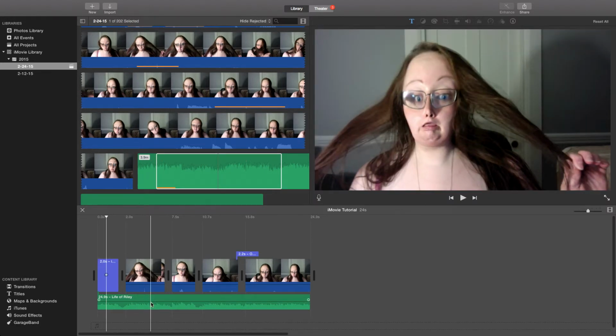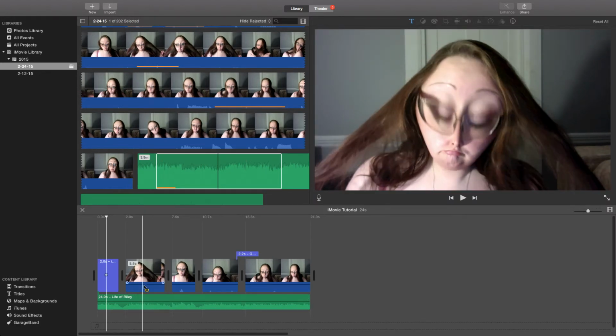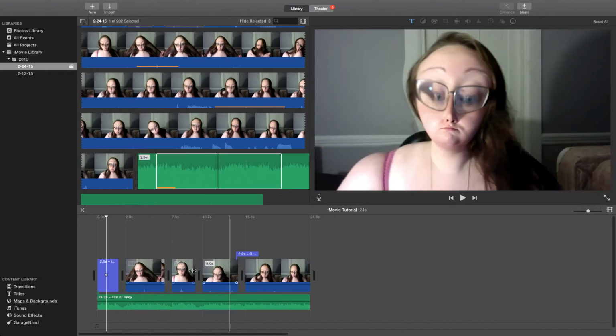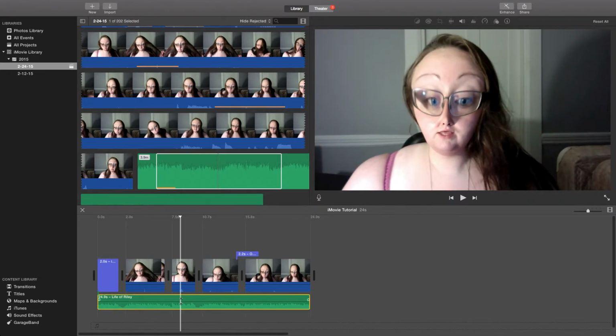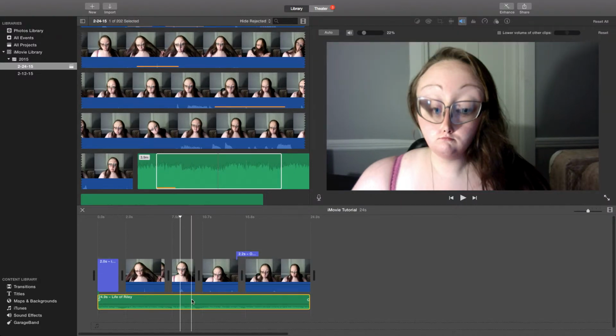If you need to adjust the volume of this so that it does not overpower the normal volume of your normal clips, you just click on this and you can adjust it right by here by going up and down. I usually set it around 20%. Another very easy way to do that is just to double click on the wave clip. Come up here and you can adjust the percentage right here, which is super easy, and